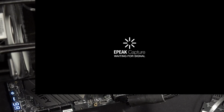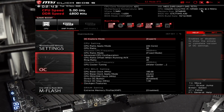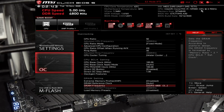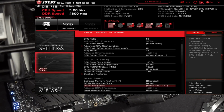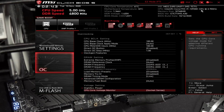Because I think it's getting stuck on GPU initialization, which is probably where it's going to get stuck if it's kind of unstable. And yeah, so 4800 boots. 4933 does not work at all. You can already see that it's very upset about trying to boot even 4800, like 4666. So I don't see value in going up to an even higher frequency. But the point is, single rank, you can still boot 4800 megahertz, and this is with